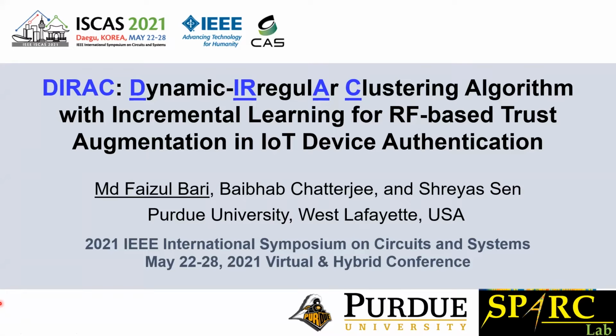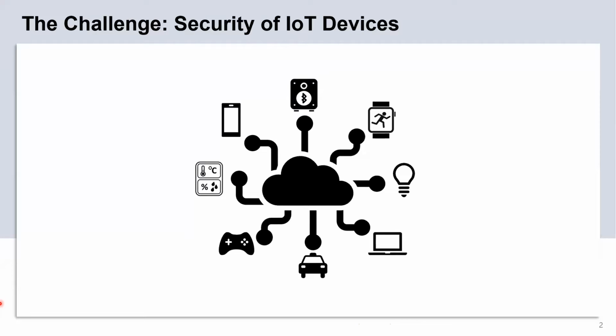It is a great pleasure to present my work on a new algorithm that augments trust using non-idealities from RF circuitry for IoT device authentication. We call it DIRAC, which stands for Dynamic Irregular Clustering. We'll start this talk by describing the challenge in IoT device authentication in detail, setting the ground for why we